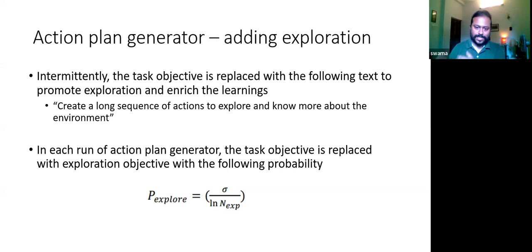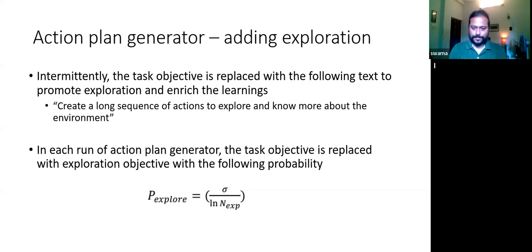Now, while focusing on different objects in the environment, it found out that if you focus on the wrong object, it's going to give you a strong punishment. You're going to get a negative reward, a -100 reward. That learning is added to the reflection memory while exploring the environment. Once that specific learning gets added to the memory, from next time onwards, the LLM just tries to find out how to focus on the right object instead of actually finding the water to boil. So sometimes it gets stuck on this local objective.